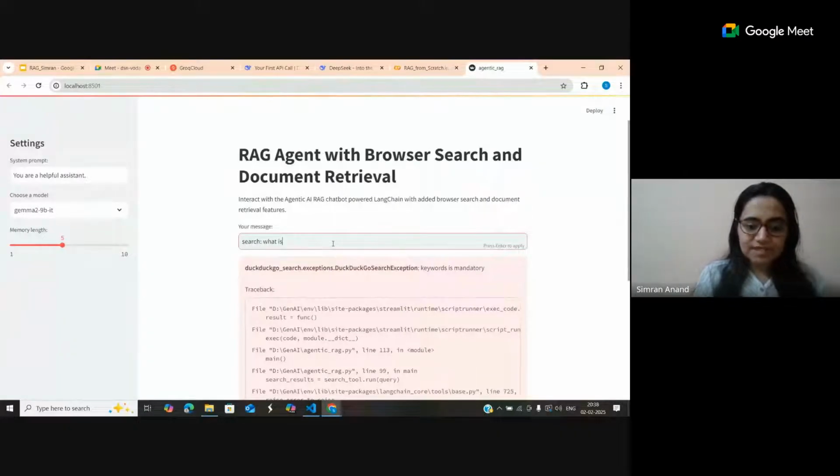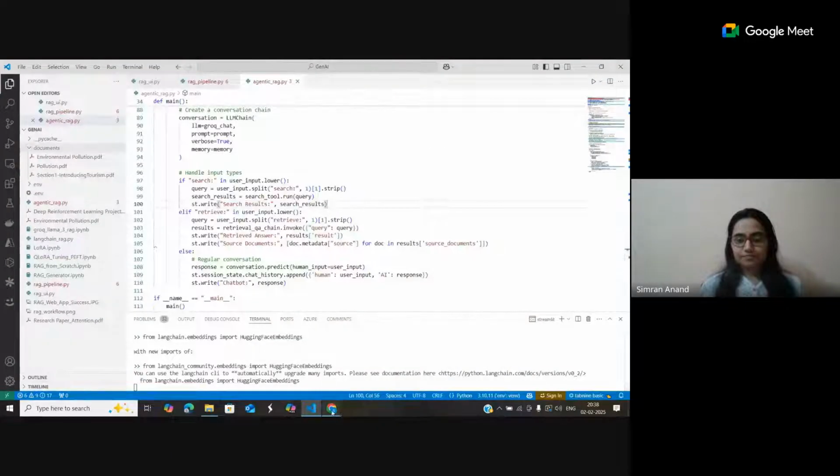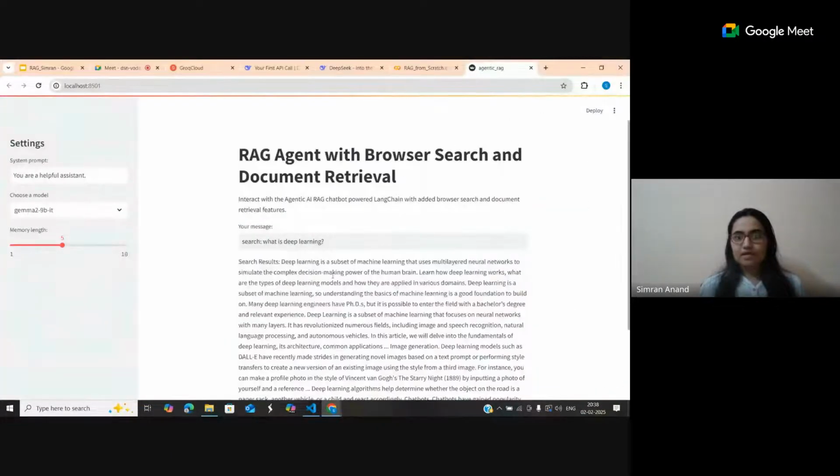What is deep learning? Okay, this is something which is not there in any of the documents. Let's see, it should run. I tested it. Yeah. So I think probably because I've given it a break and I did not give any question to it,